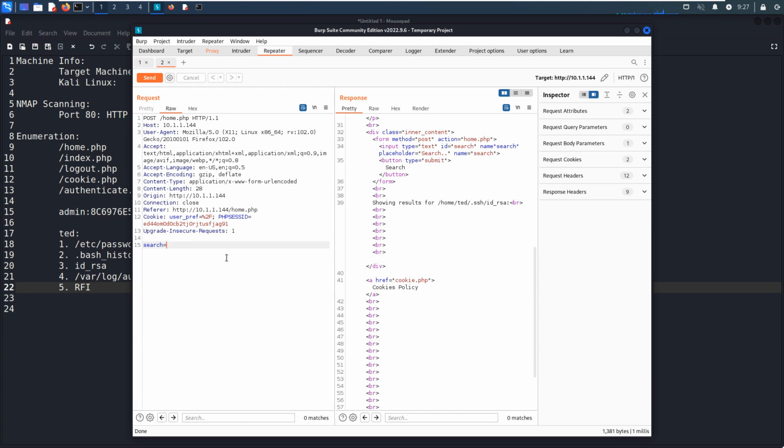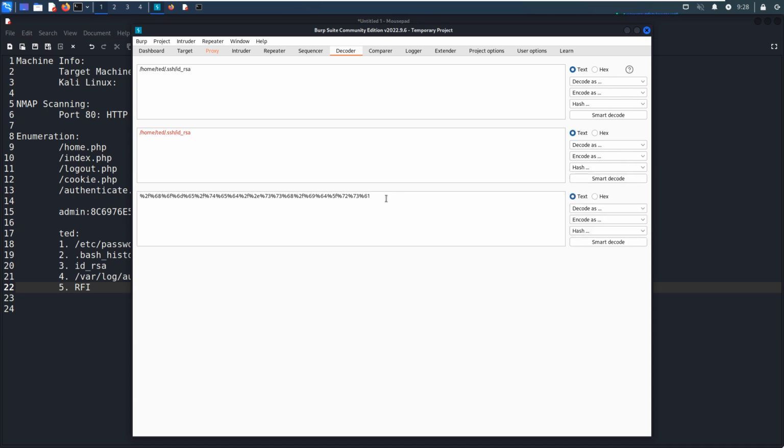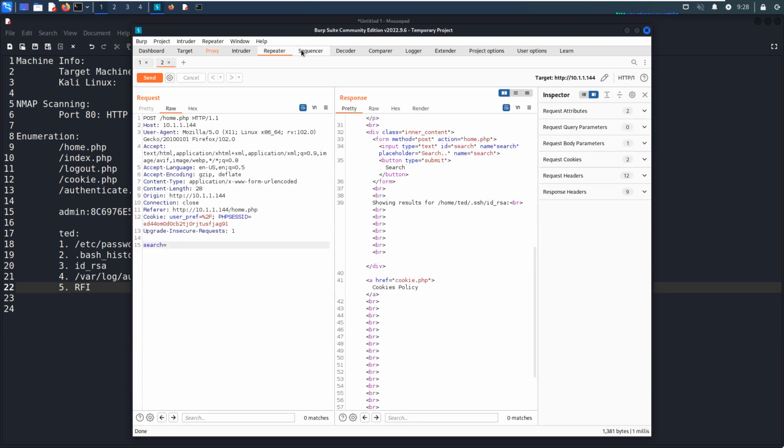Also, sorry, I think we need to do URL encoding. Okay, we can decode the home and Ted, and we can encode as URL, and then repeater, put it over here.